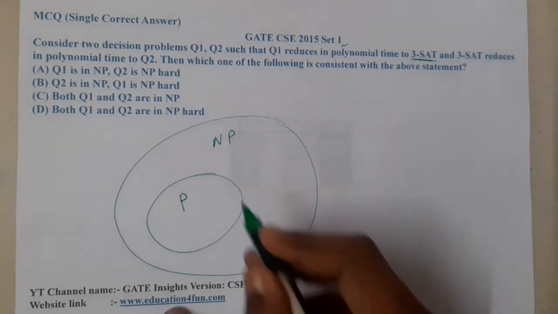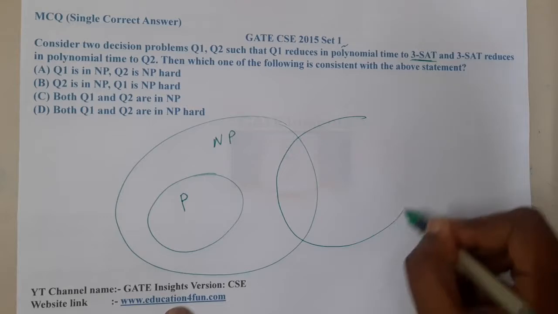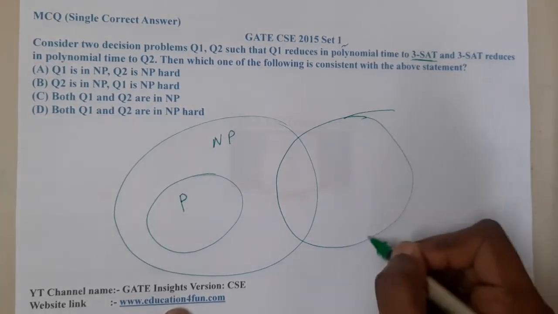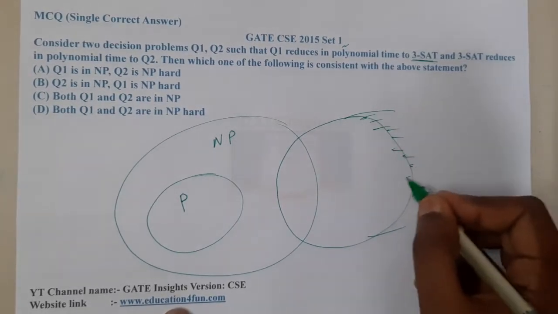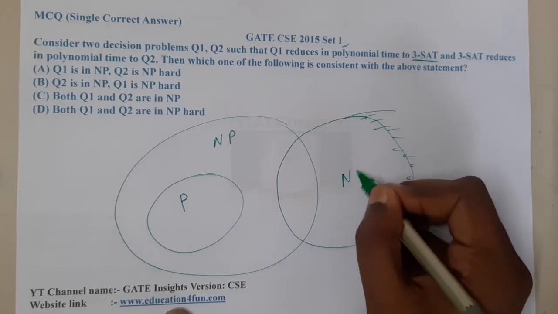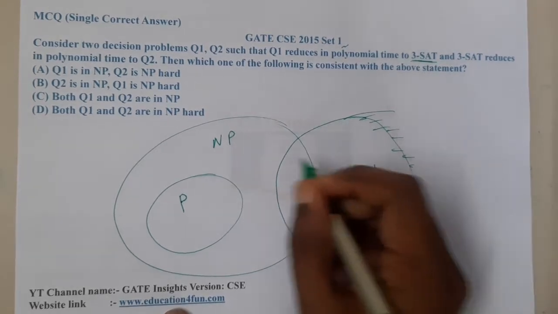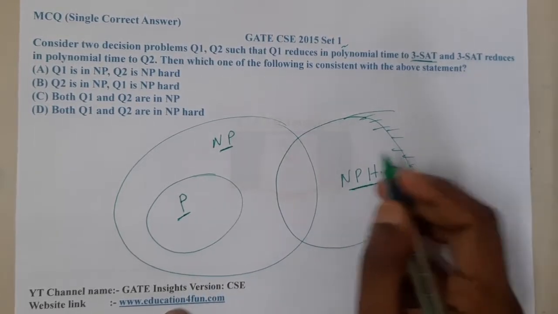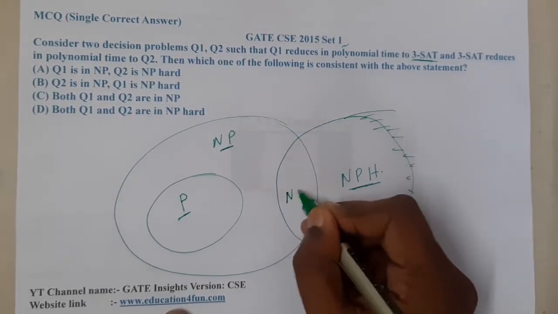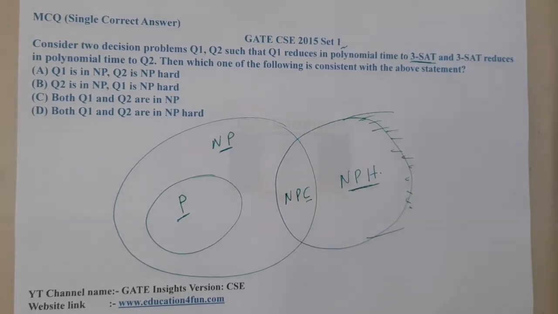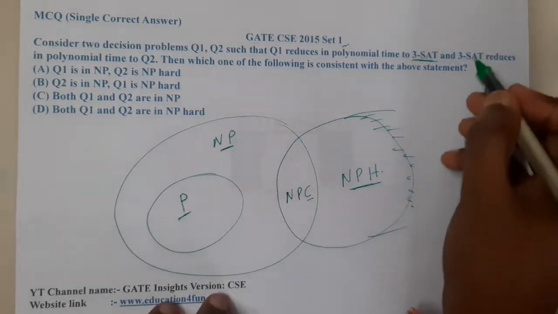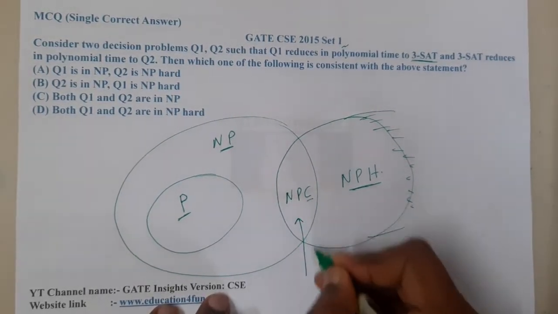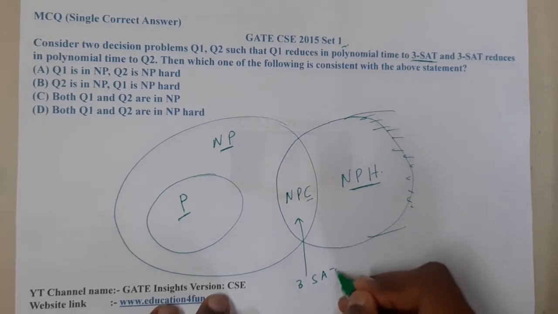hard problems. In NP only, there is a class which might be open. Few students might be saying that it should not be closed. So these problems are NP-hard problems, and these are non-polynomial time. This is polynomial time, this is non-polynomial time hard problems, and in between we are going to have NP-complete problems. Got it? So this 3-SAT problem belongs to this only, guys. 3-SAT will sit in between these things.